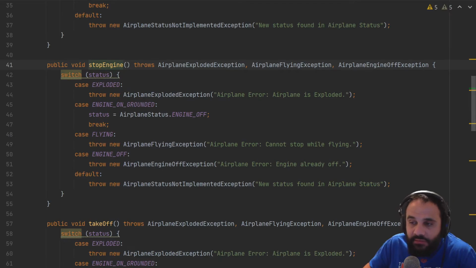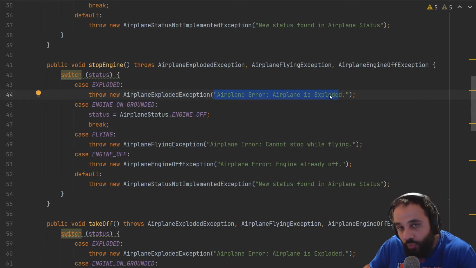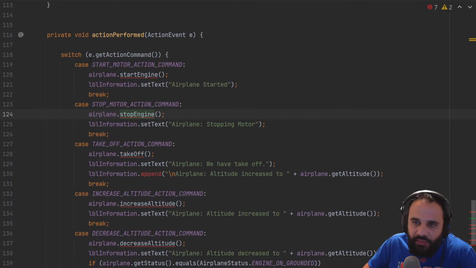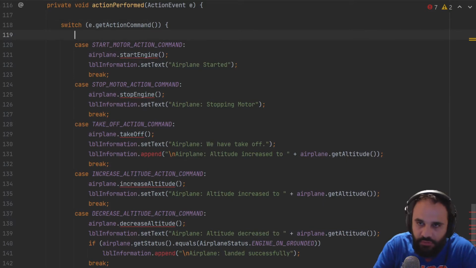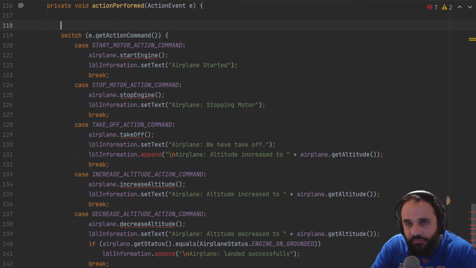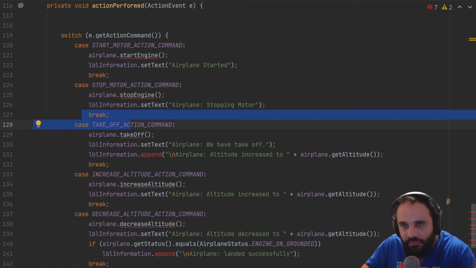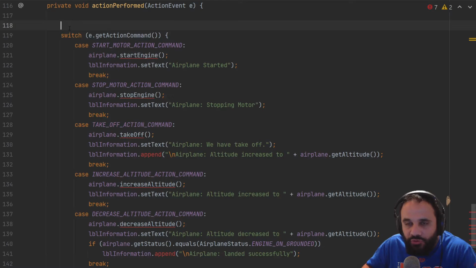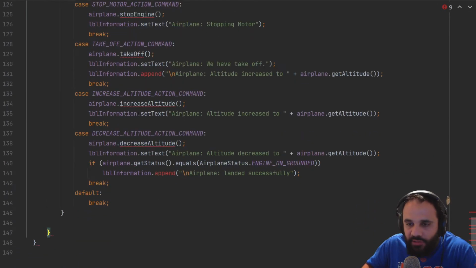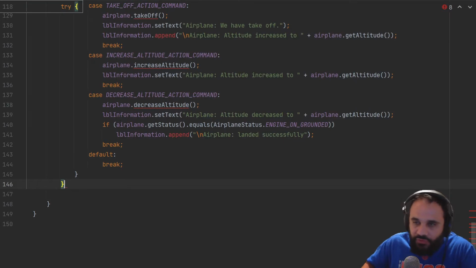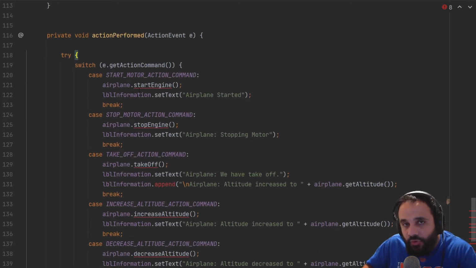So if we go back in here, notice that when it throws it, I also added an exception message. So what we could do is that when any of these throw, we're going to capture all of them. They're only going to happen one case at a time. Not all of them are going to run after each other, right? There's the breaks. So what we could do is surround everything with a try block, so that whenever any of these throw an error message, we could capture it and give out the same message for all of them. So in this case, I'm going to say,